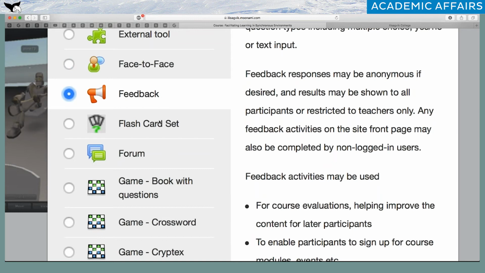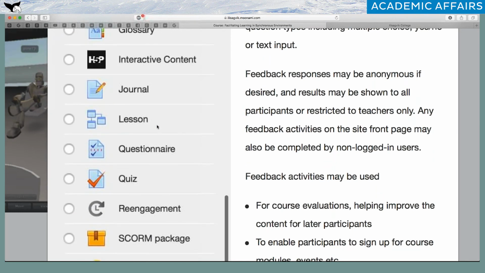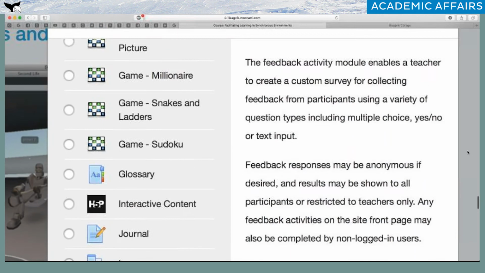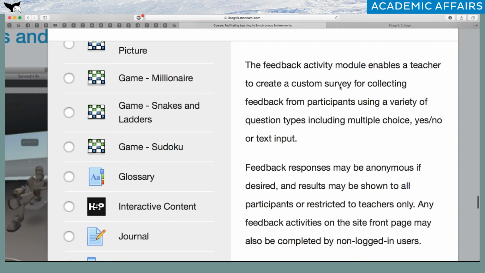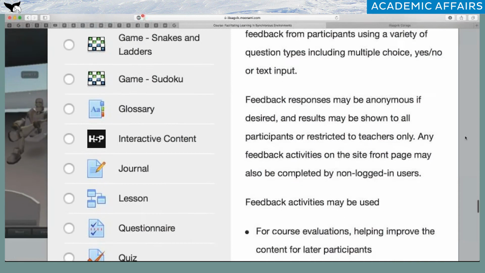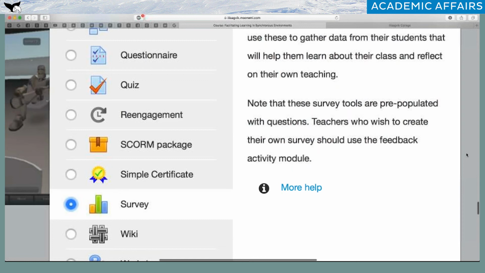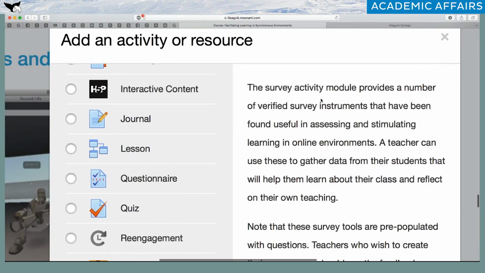So feedback is similar to this one down here called survey. So you can see in feedback, it allows the teacher to create a custom survey for anything they want, right? A survey itself is a predefined list of questions and assessments, right? So it's a verified survey instrument. The thing you have to remember there is if you pick survey, you say what type of survey you want. I think there's 3 or 4. If you pick